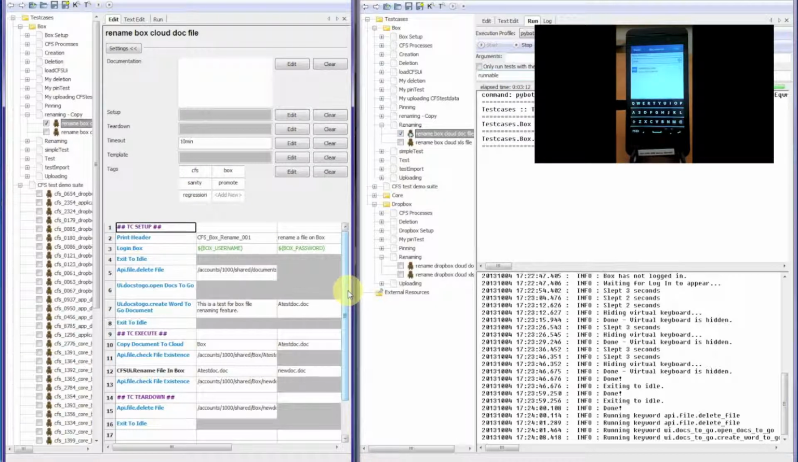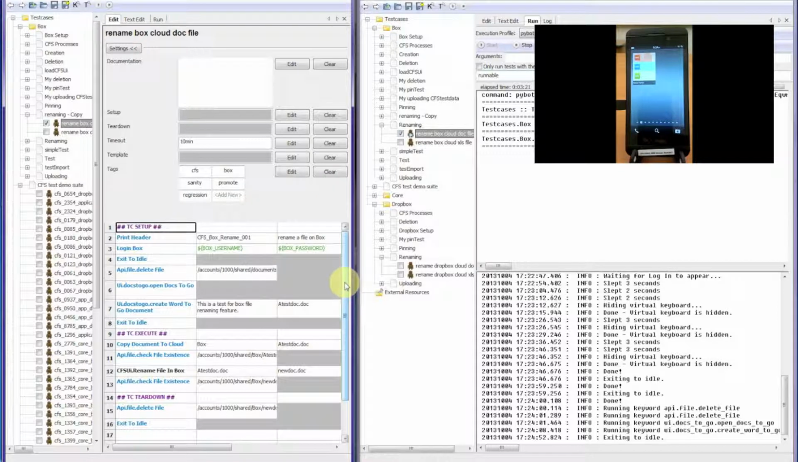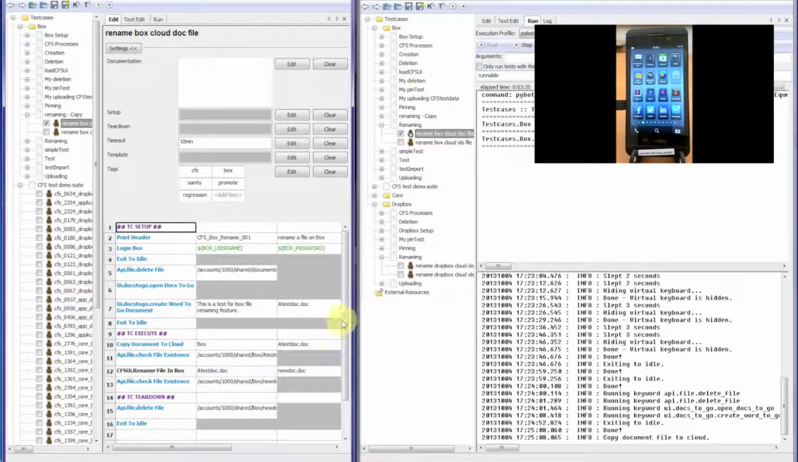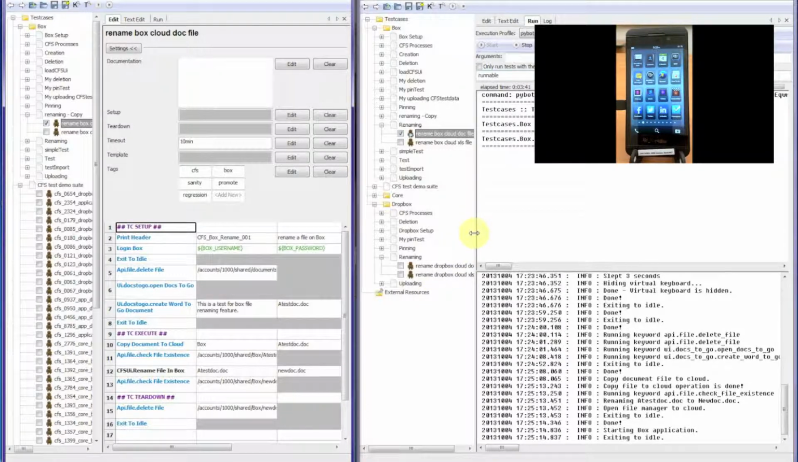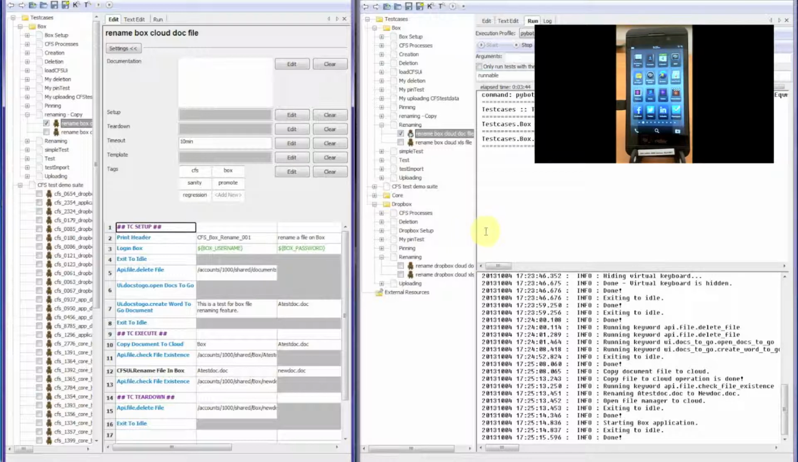So save the file, and then I copy this file to the cloud. Now I start to test the rename feature. Open Box app, find the file we just copied,